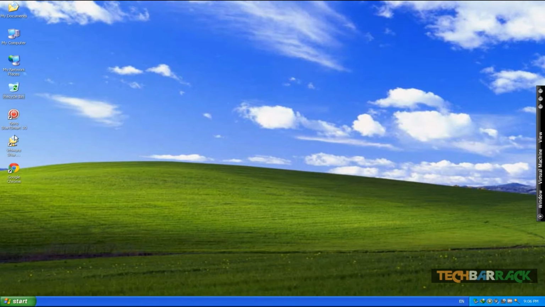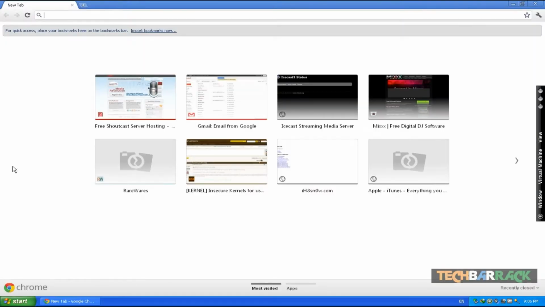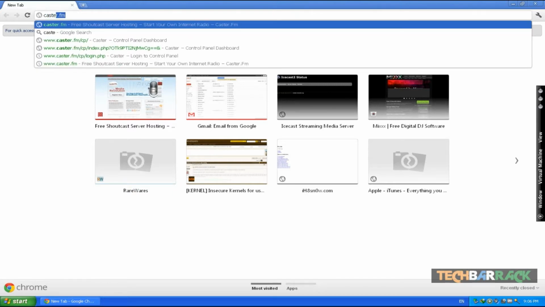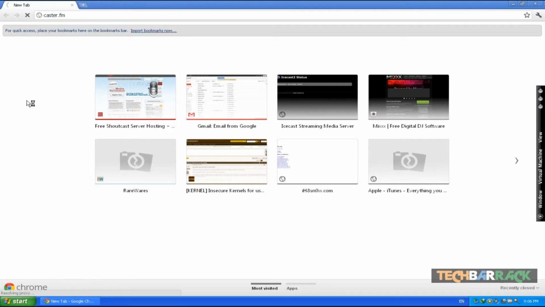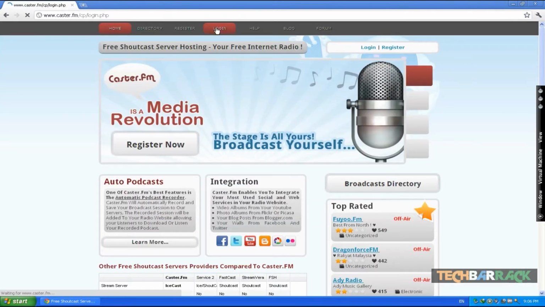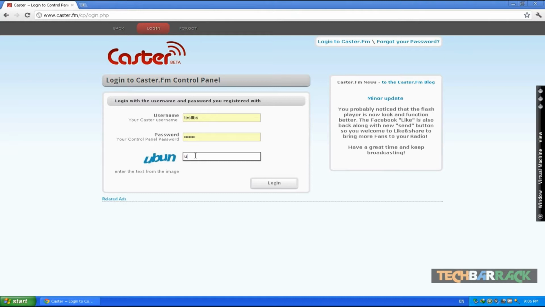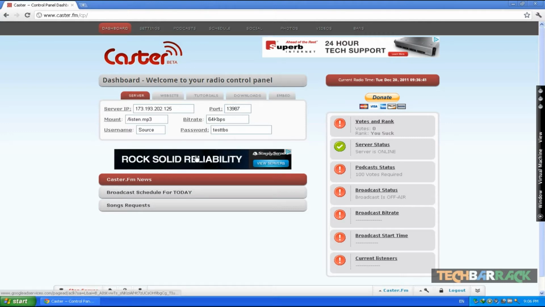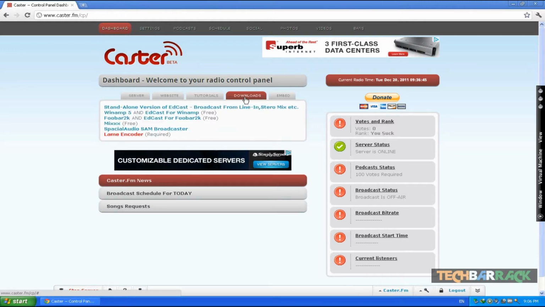So first of all, we just need to go to your web browser, go to your website, that is caster.fm, and just log in into your account. Once you log in, in the dashboard there will be this section that is downloads, and there are two options, that is Winamp 5 and Edcast for Winamp. Just first install Winamp 5,